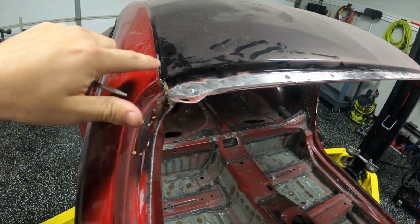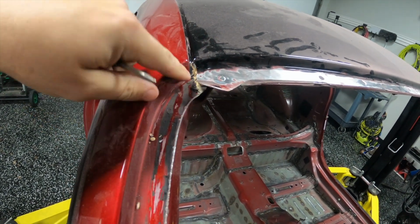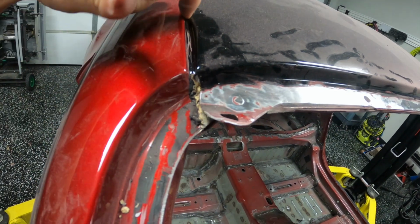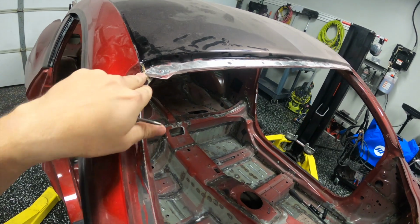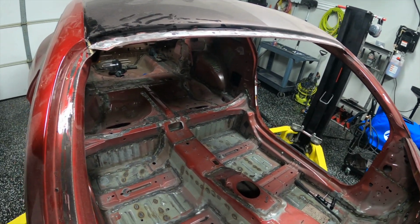And then I don't know if it's glued or welded right here. You can see I've started to dig around a little bit, and if you look really close, there is seam sealer in this area, but this appears to be welded when I scratch it. So I'm going to start to drill these out and just start to peel the roof up a little bit,